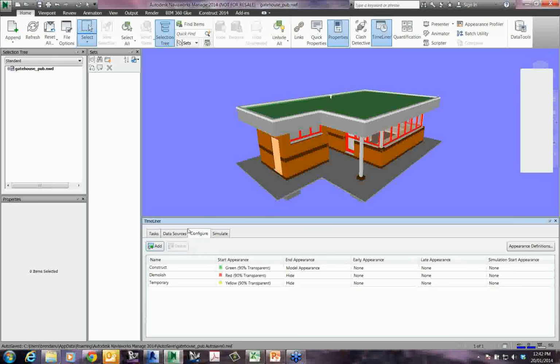Okay, the next tab along here is the Configure tab. So this is where, once we start simulating this model being built, you can turn your different models different colors depending on what construction type, or depending on task type, I should say. Task type is the terminology that it uses, depending on what task type that geometry is assigned to. And by that I mean whether it's construct, whether it's demolish, or whether it's temporary. You can see here that construct is set to green, demolish is red, and